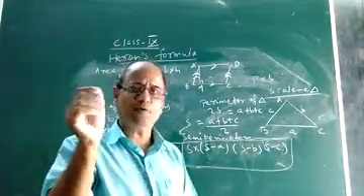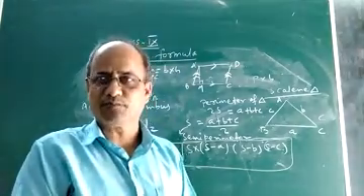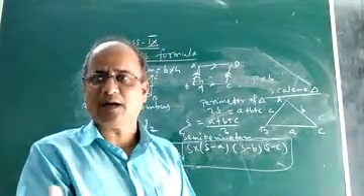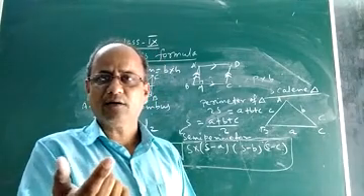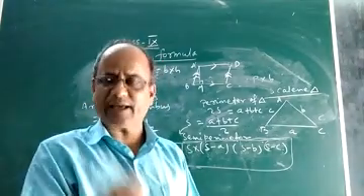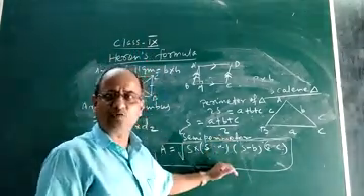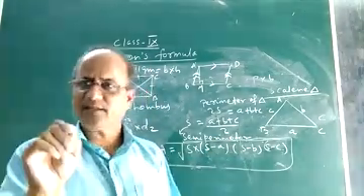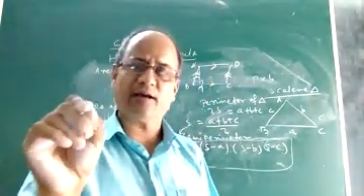See, if we want to apply the formula half into base into height, it is necessary to calculate the altitude. Okay, we have to find the altitude first. Without finding the altitude, we cannot apply the formula. Suppose you are given only the base. Without finding the altitude, how can you find the area using the formula half into base into height, which is the area of any triangle? Okay. So this formula is specifically used to find the area of a scalene triangle. So with this we came to the end of this chapter, that is Heron's formula.